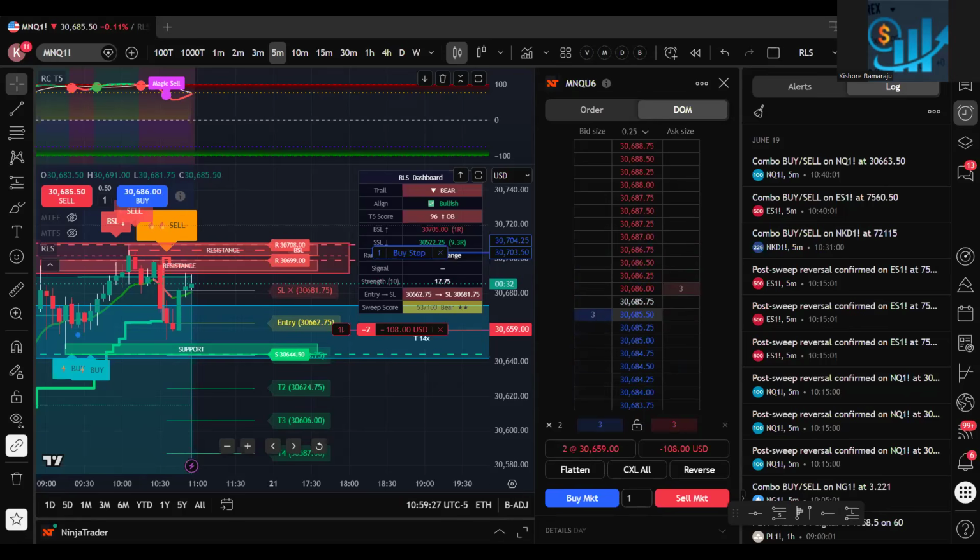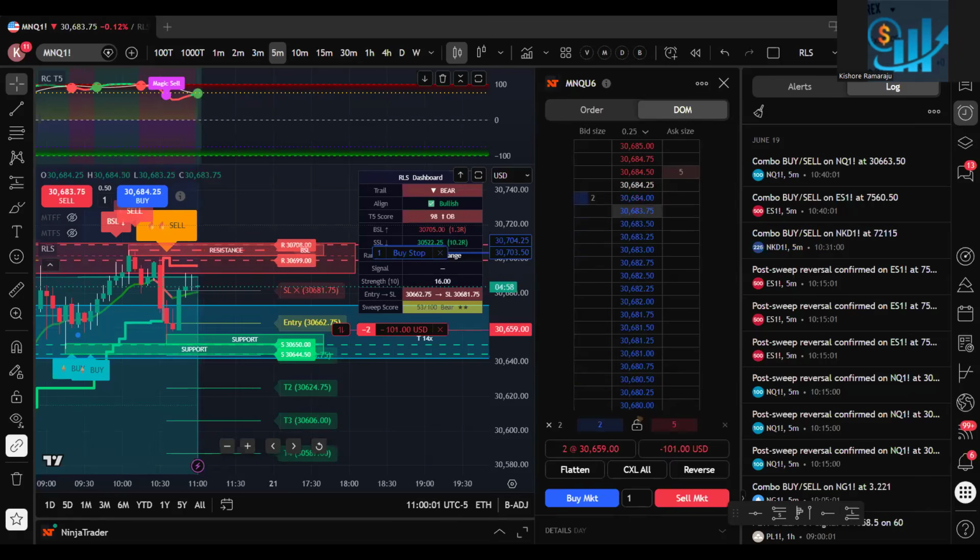So to play futures, how much money is needed? It depends. If you want to take micros, you can have $3,000 to $4,000 in the account. That is good enough. That means instead of taking the entire NQ, you will take only one MNQ. Whenever you get those buy side liquidity, sell side liquidity signals, you just take one MNQ. That's it. Even if you have 3,000, 4,000, that is good enough. But if you want to do minis, minimum you should have $15,000.